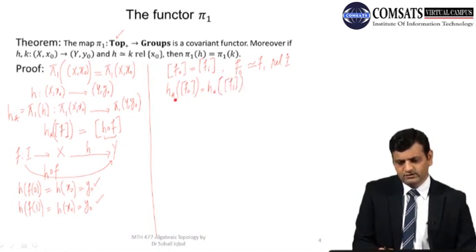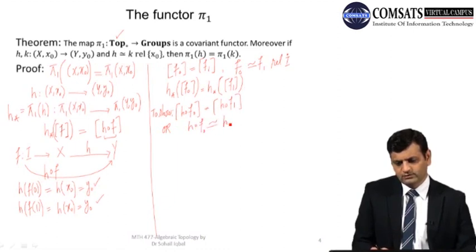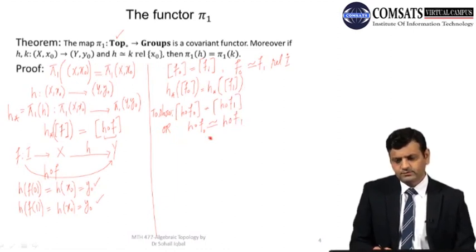So what is H lower star of f0? This is H composition f0. So this is what we want to show: that the path class of H composition f0 is equal to the path class of H composition f1. In other words, we have to show that H composition f0 is homotopic to H composition f1. Okay, so if f0 and f1 are homotopic, then we can say that there exists a homotopy,